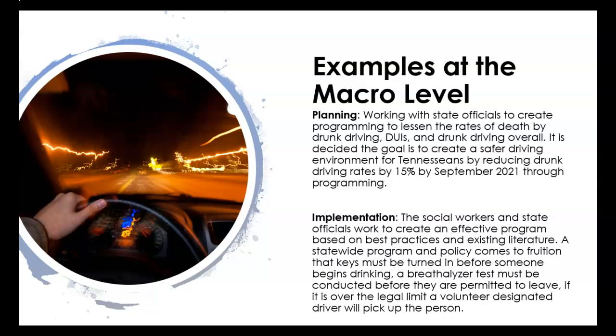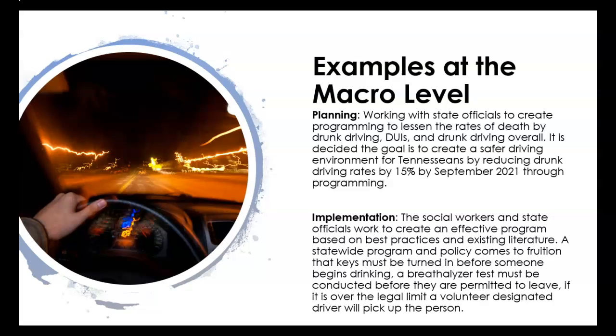And when I see here where it says reducing drunk driving rates by 15%, that is an objective. And the when is September 2021. So again, I would like for you to use this skill. It takes time and critical thinking to look at how things are developed, because in these examples it's not always clearly listed, and sometimes in your agency documents it won't always be listed. This is a goal, this is an objective. There are some agencies that have very clearly outlined missions, objectives, and goals.